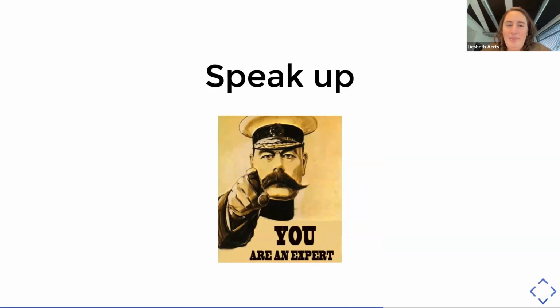The second is to speak up. Again, with animal research, I noticed often, especially with more junior researchers, that they felt they didn't have the right expertise to talk about animal research because maybe they didn't know every detail of the law or of the practice, because in your own research, you typically work on one topic or maybe with one species. And what if you get a question that you don't know the answer to? My professor or maybe somebody from the animal facilities is way better placed to speak, so I will just shut up. But this usually ends with everybody looking at each other and nobody